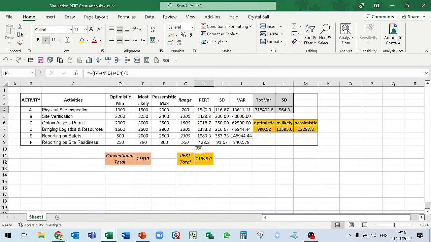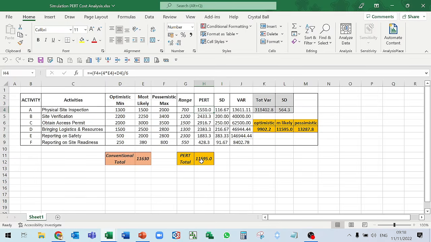I have used the PERT equation to determine the PERT activity cost, which is F4 pessimistic plus 4 times the most likely, the middle one here, plus D4, which is the optimistic, or the minimum value here. All of this I have been able to copy the formula,